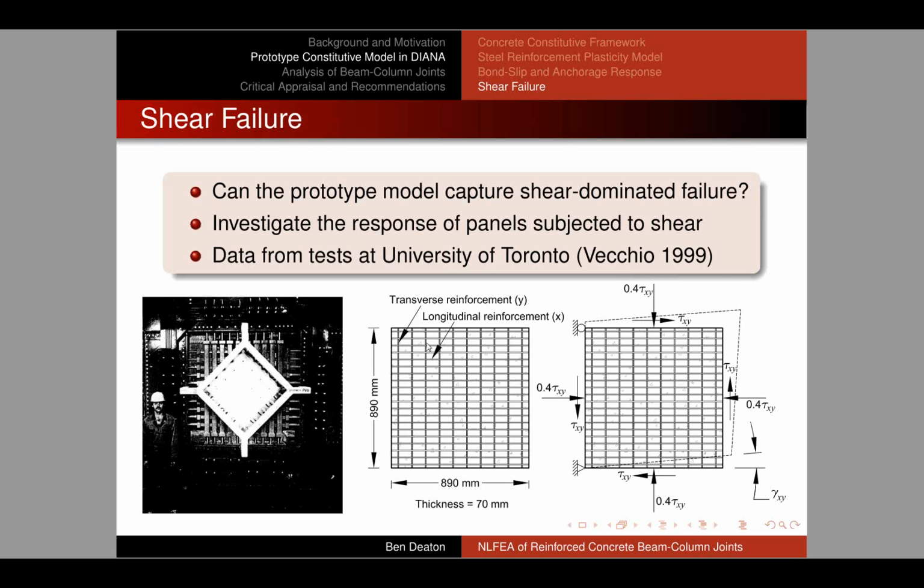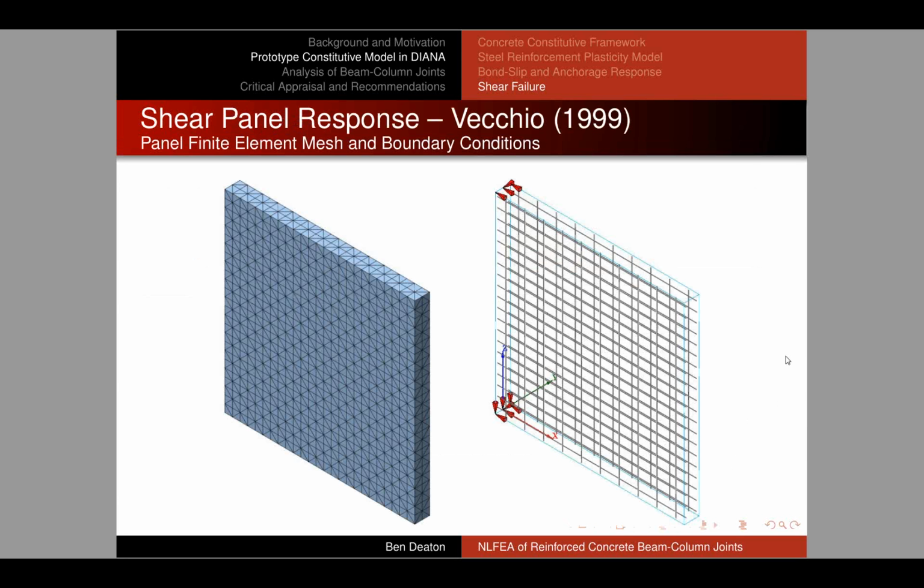You can see here the specimen I analyzed, some of the reinforcing characteristics. Notice that it had a shear applied in addition to an increasing compression that was simply a ratio to the magnitude of shear applied. And we're tracking this applied shear stress versus the shear deformation, the average shear deformation over the entire panel. So here's a mesh that I used to analyze this, so you can get an idea of